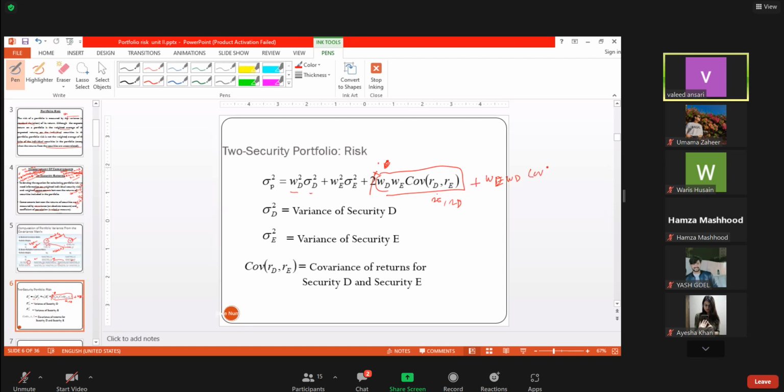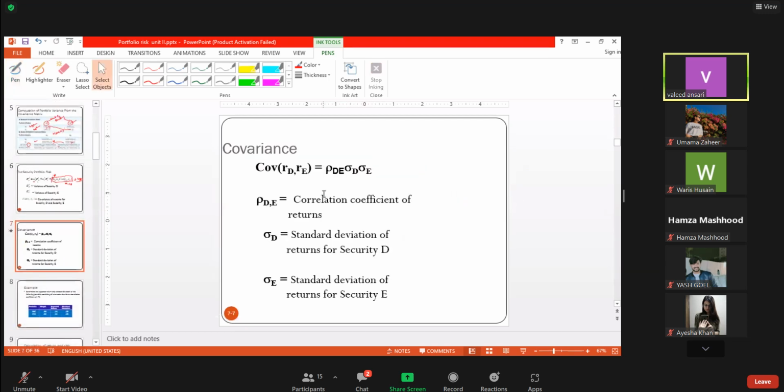Covariance, RE and RD, same thing. So instead of doing this thing, it helps. In this way, this formula for the 2-security case we have developed, and we will make use of it in our calculation. And the covariance can also be written, as you are aware, as nothing but